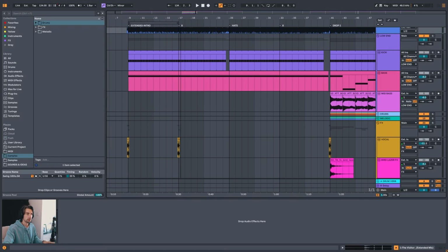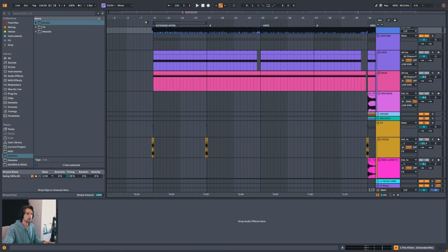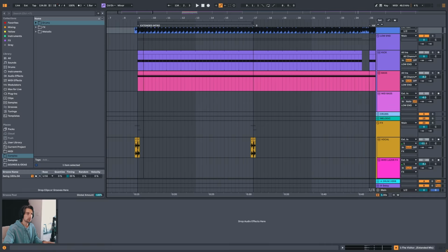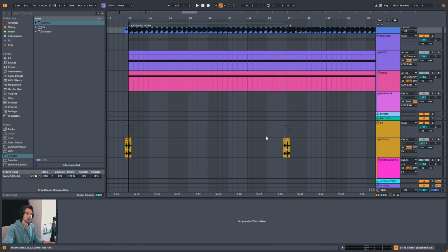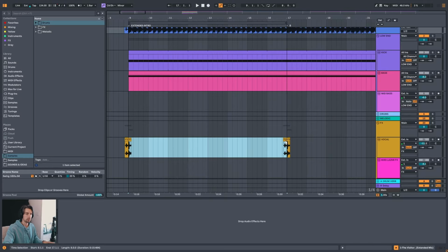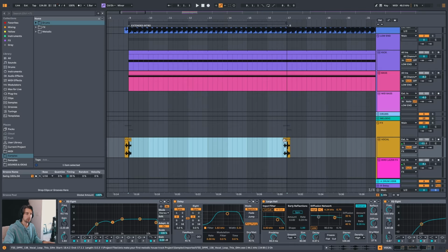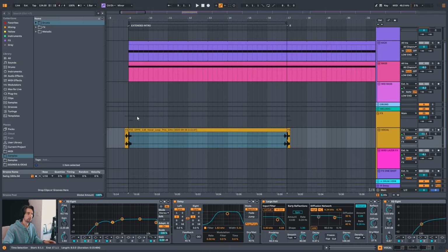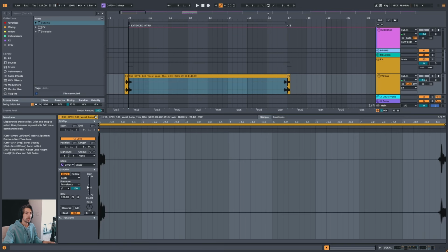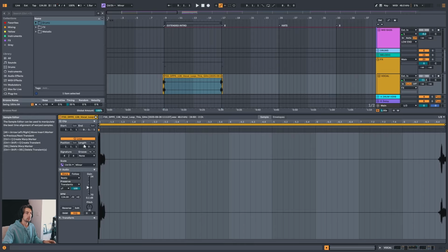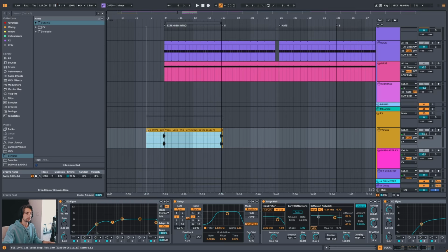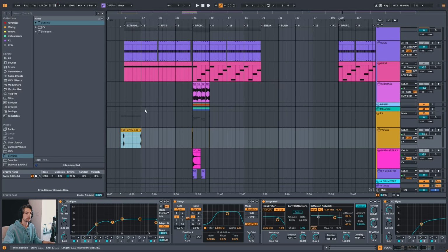So again, with this, let's highlight this 8 bar section. We have the beginning over here and the end right here. Then if we press Control J, we can consolidate this into its own full clip, and then we loop it. So Shift Tab to open up, double click to open up, Shift Tab, and make sure it's looped. And now we can just drag this